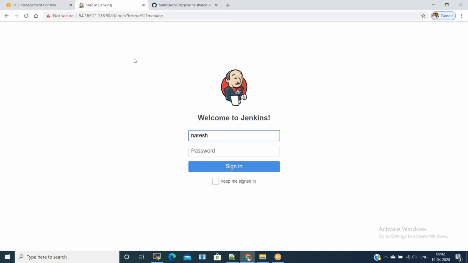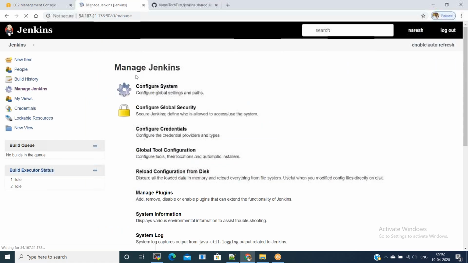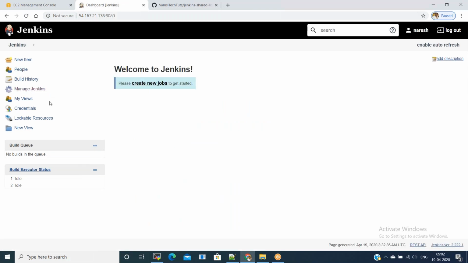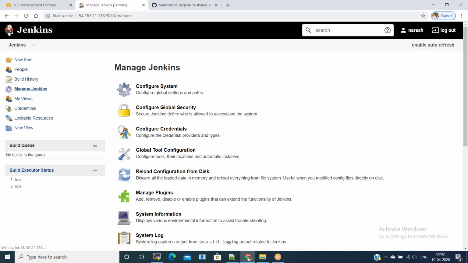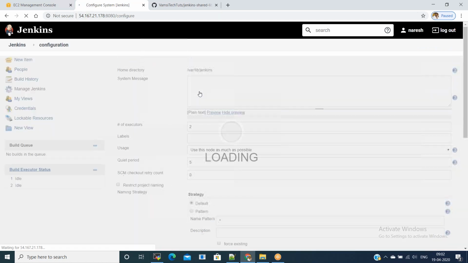I already have Jenkins installed. Go to Jenkins, go to Manage Jenkins. In Manage Jenkins, go for Configure System.